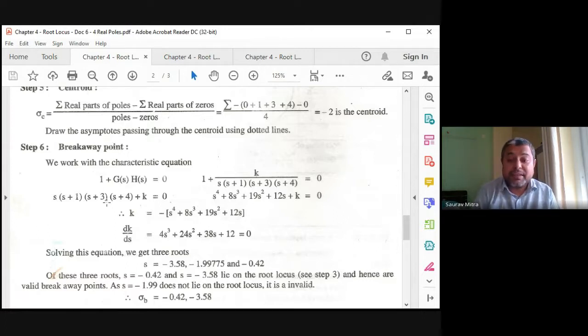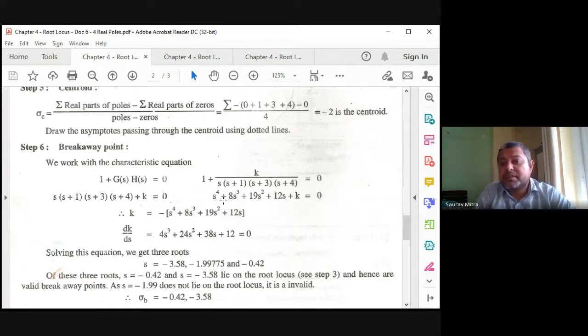Okay, so K critical is another thing. What is K critical? Gain at breakaway point. So that we will find later at the last stage. But first we have to find what the breakaway points are. So in this case you are finding it is s to the power 4 plus 8s cube plus 19s square plus 12s plus K. So first we have to do the Routh-Hurwitz criterion in step number 8, and from that we will find that K marginal is 26.25 or something, whatever you got, and that is one calculation. And in this step we have to first do a differentiation of the value of K.